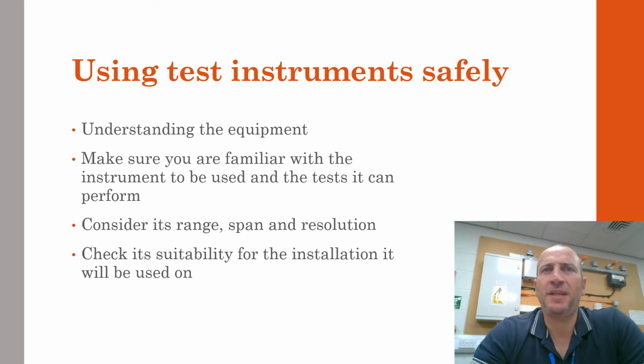Some commonly used testers for dead wire testing include the continuity tester, used to test resistance less than 2 ohms, the voltage meter, required for voltage between 50 and 1000 volts AC, and insulation resistance testers for measuring high resistances above 1 megaohm. There are also test instruments for use on live conductors, including the earth fault loop impedance tester,